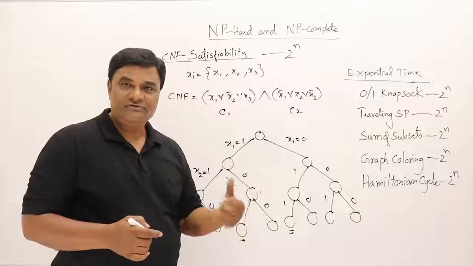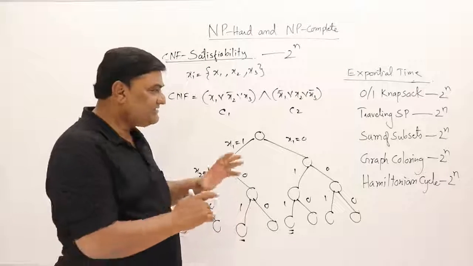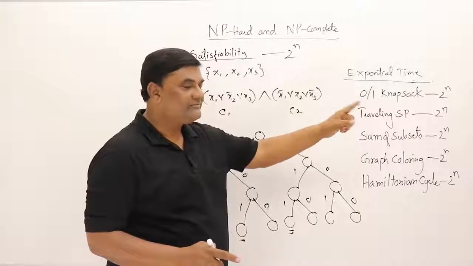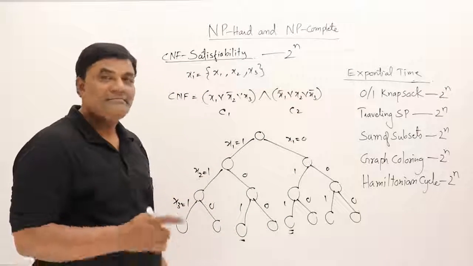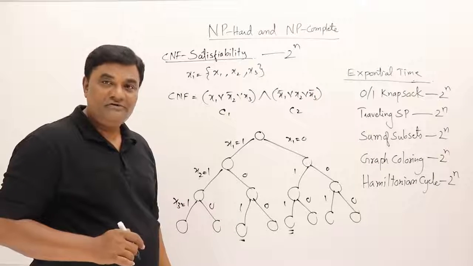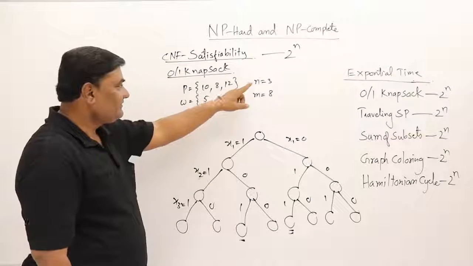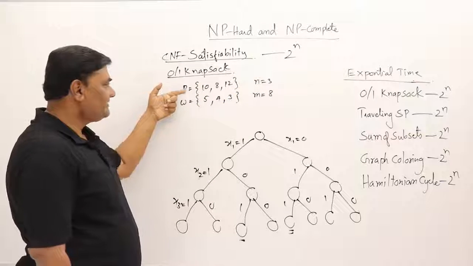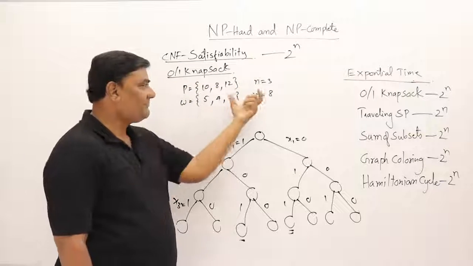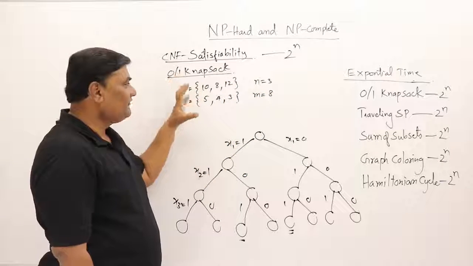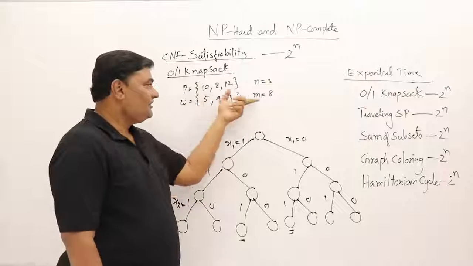There are different methods for showing that. But to make it simple to understand, I'll show you here only by taking the 0-1 knapsack problem, using this tree. Let me take an example of the 0-1 knapsack problem. There are 3 objects given. For each object there is some profit and some weight, and the capacity of the bag is 8. We have to fill up the bag such that the profit is maximized